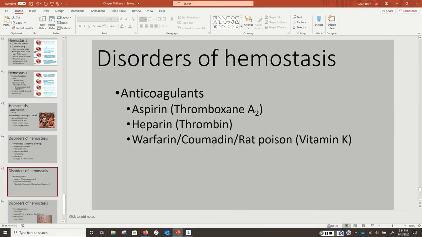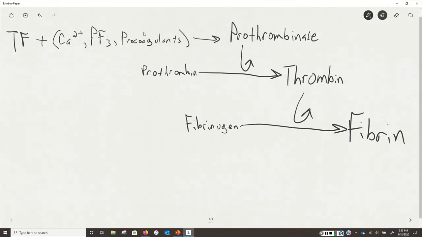Warfarin, or Coumadin, which is rat poison, they're all three the same thing. Warfarin, Coumadin, rat poison, they block vitamin K from being taken up by your liver. Why does that matter? Well, the liver is what makes these procoagulants, and the liver needs vitamin K to make those procoagulants. If we block that, then we don't make procoagulants, we don't make prothrombinase, we don't make thrombin, we don't make